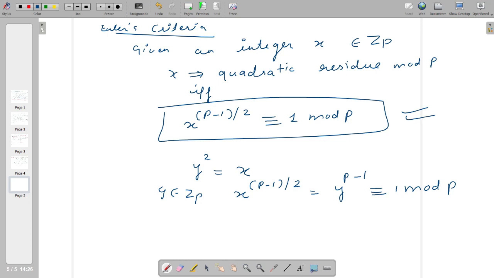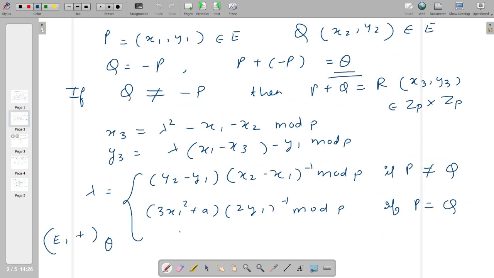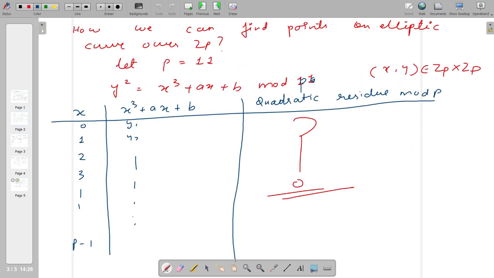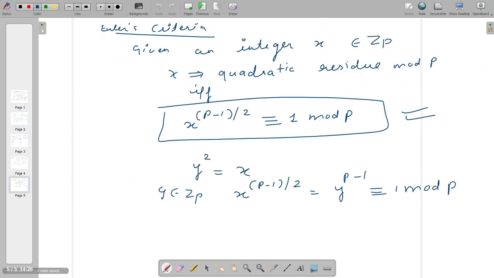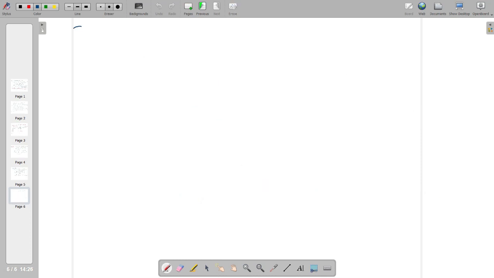Now how do we take the square root of this z mod p? Because we need to take a square root also when we want to calculate y. Since we are going to calculate x3 and y3, if we want to calculate y, we need to take a square root also. There is a theorem to calculate square roots, and that theorem says,